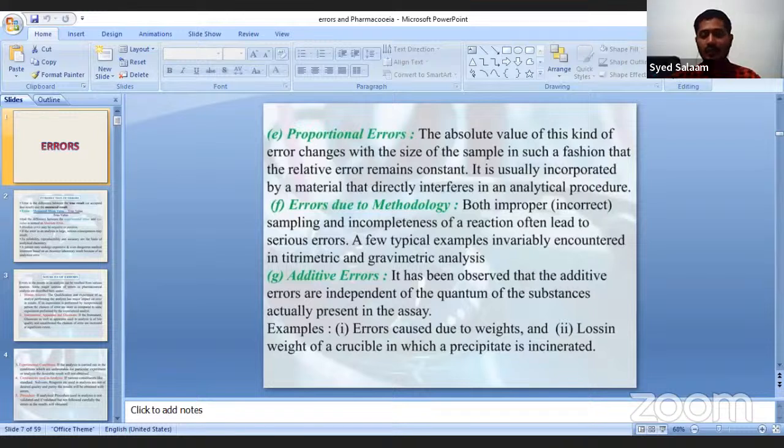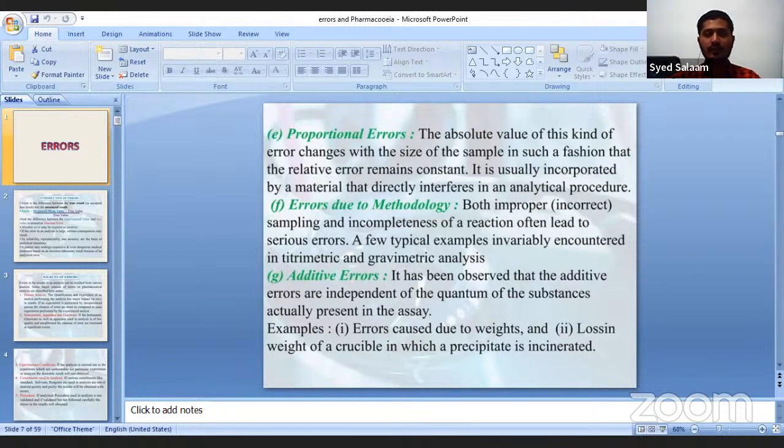You might have seen in a calculator, when we add some very high values or something it is unable to detect, it will give you an error. Similarly, when we do pharmaceutical calculations and we are getting something different from the expected value. The true value is nothing but what we get from certain calculations. Theoretically, we will do a calculation. Most of the things, like reactions,